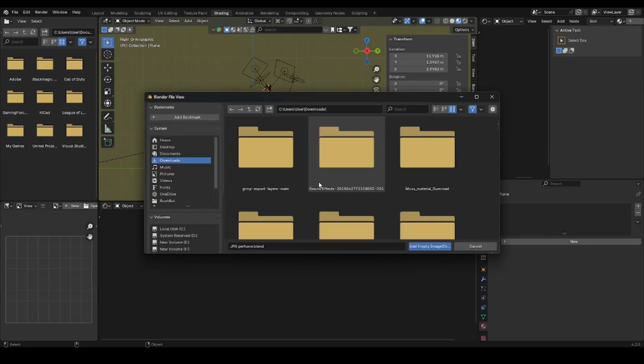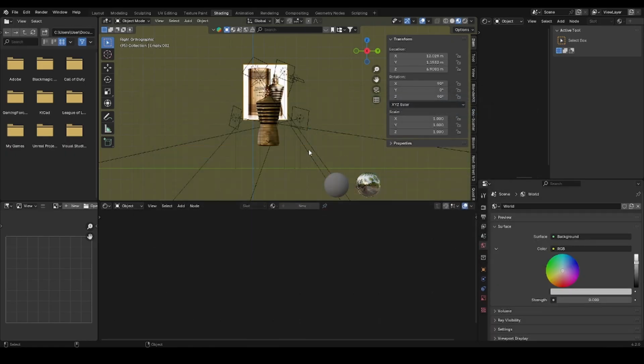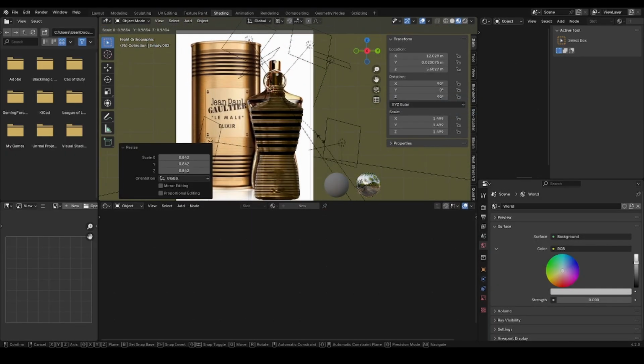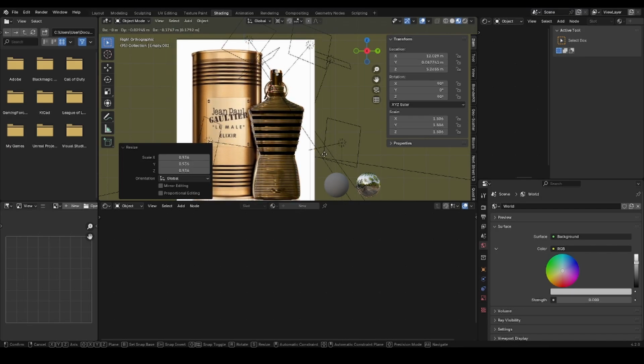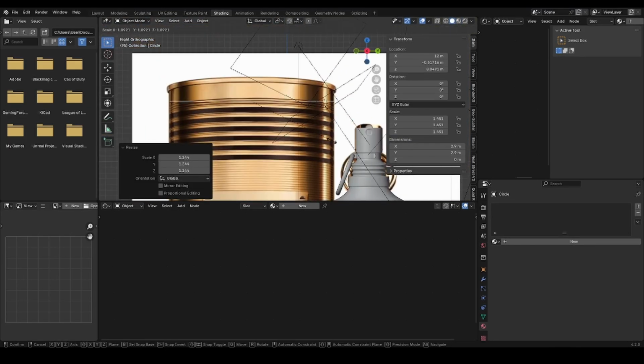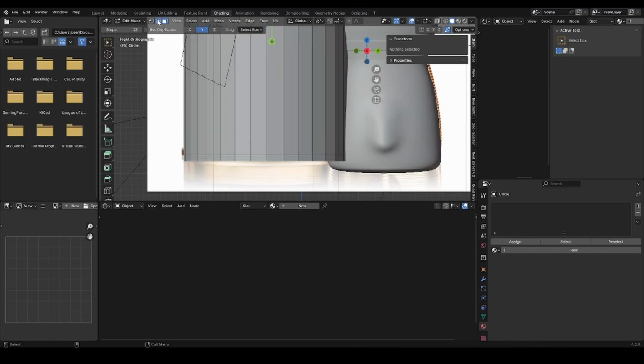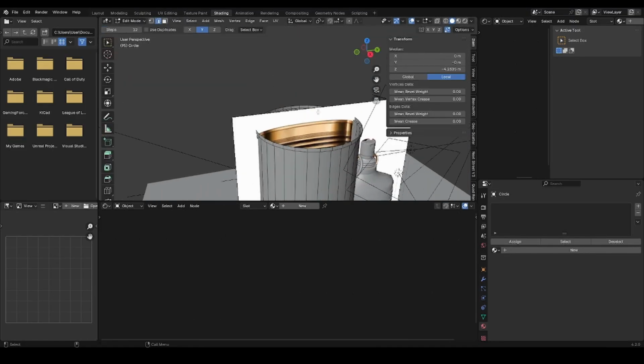So we're just gonna get the reference. Let's go into references and get the reference. And we're just gonna align the bottle with the reference. So let's align the reference with the bottle. So yeah, this part is easy. Just trace the shape with a circle of the whole box or the container and fill the face on the